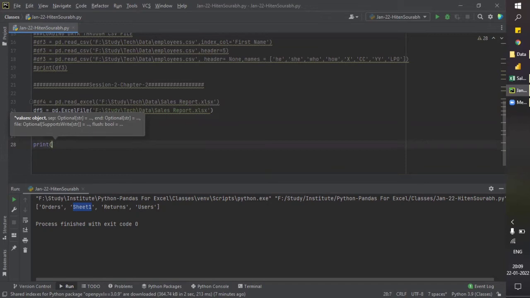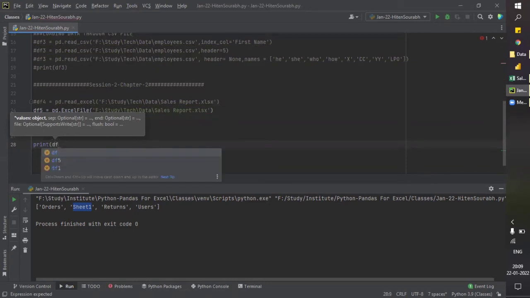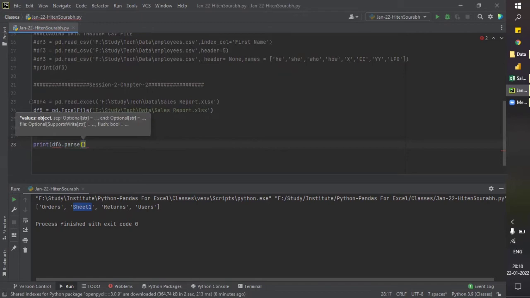Print, and just mention the variable name, that is d6 dot, a function called parse. Then you can write the name of that tab or sheet, or you can also mention 1, 2, 3. I'm just writing the name.